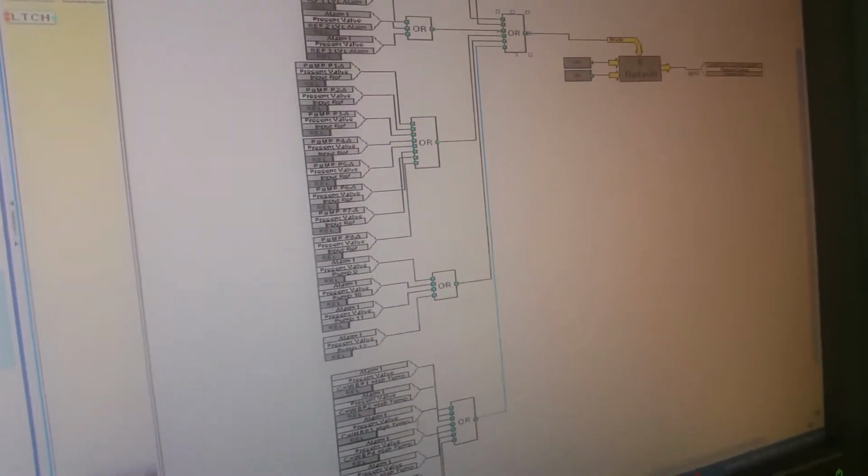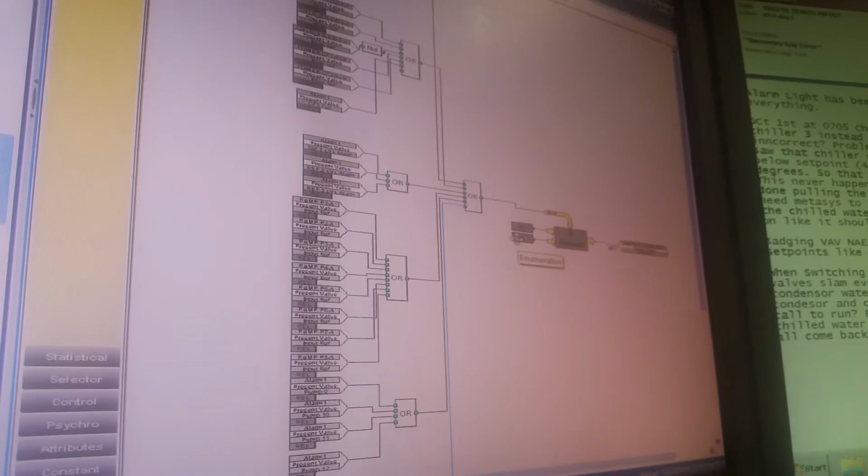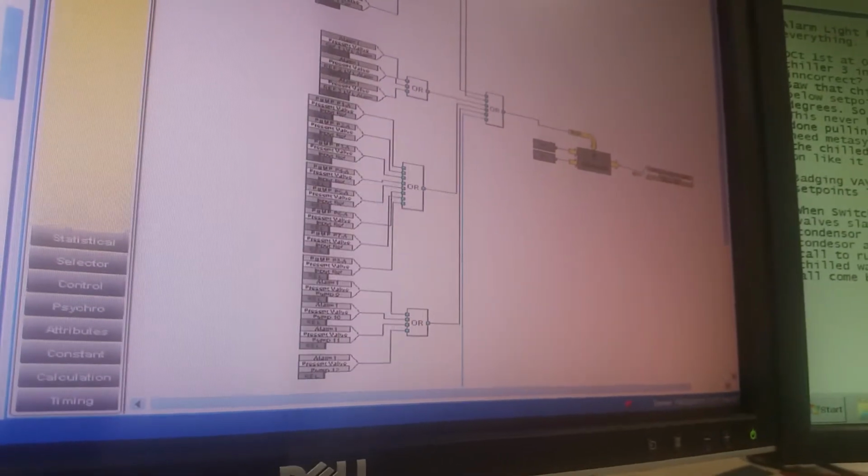So I increase the number of inputs. What I did is double click the number of inputs for this OR. I changed it from 5 to 6, so I freed up an open input, and I go from the output of this to the input of that. So now if any of these alarms go true, it sends an on to my critical alarm light. So if I save this now,